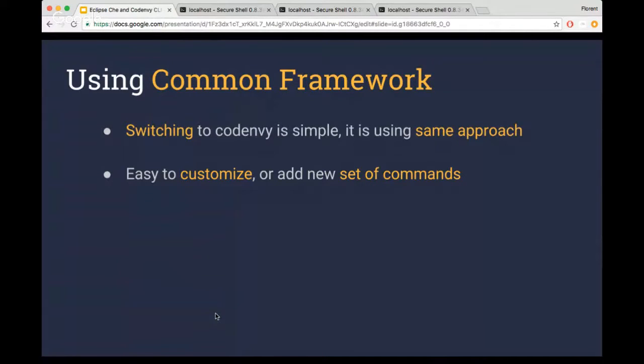The framework is easy to customize. So if you need to add some commands, it's very easy. You define some script, some file, you add the command inside this file, and it will be